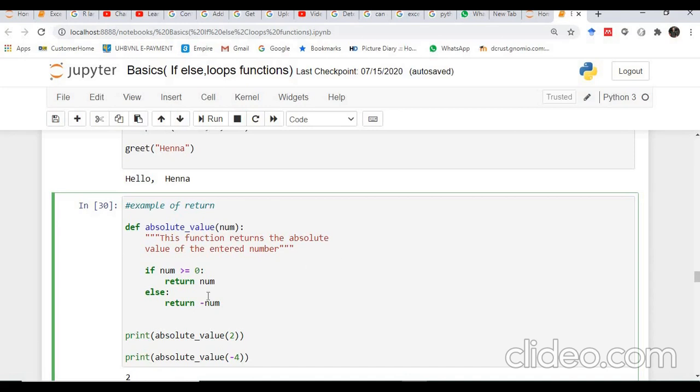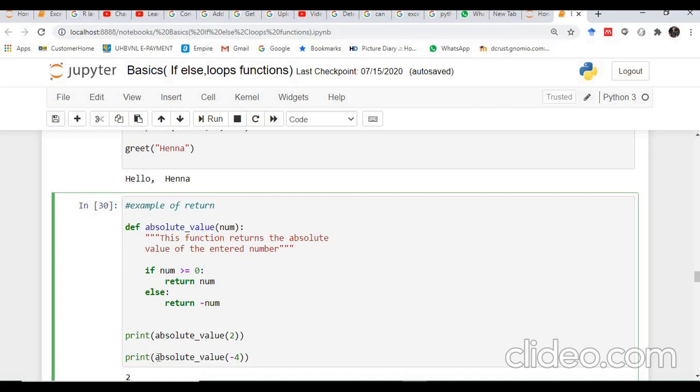If we see this example, we are calling the function absolute value inside this print function. After this call is made, the function executes its definition, and when it returns to the print statement, it takes some value with it. That is the meaning of a function's return value.